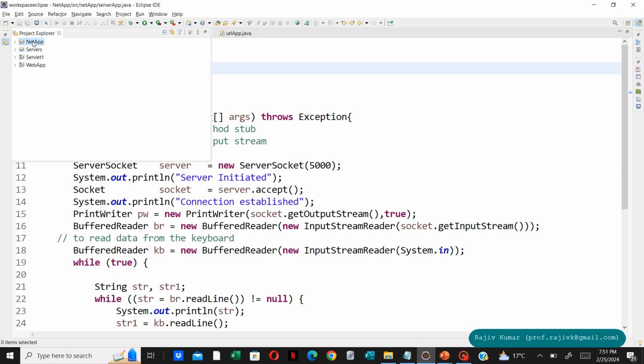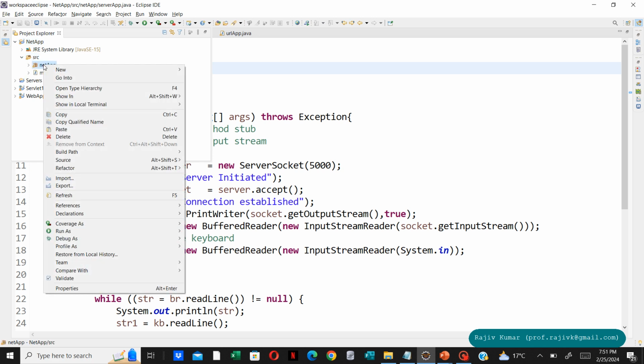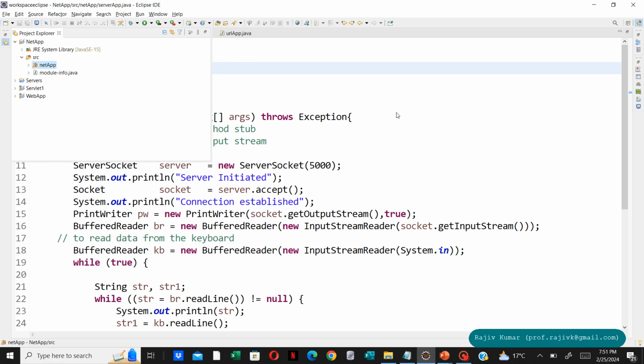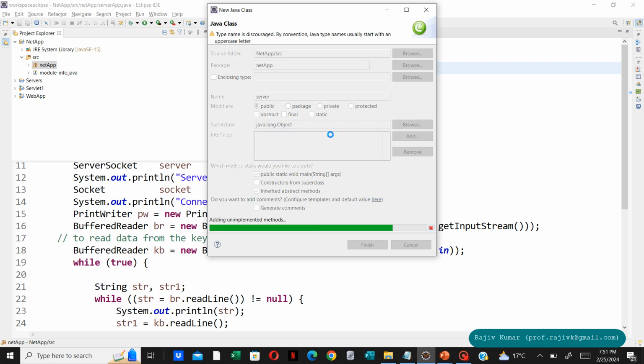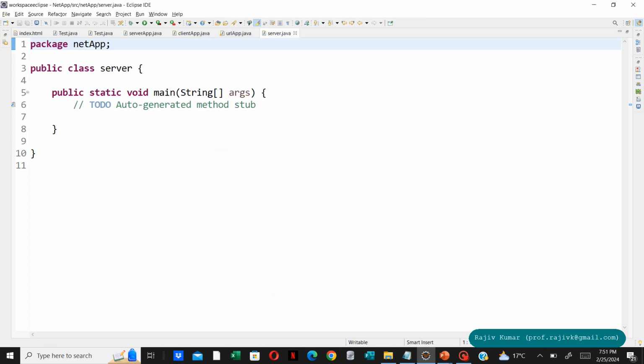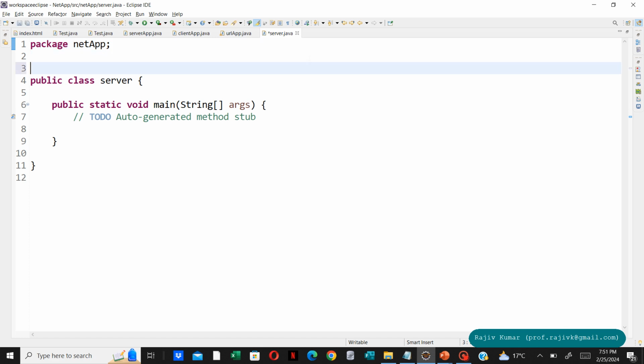Here we will create a new class in this package. This class will be created, and we will create a server here. As we need the void method, we put a void. So a server is created for us. We are going to use the ServerSocket and the Socket class. So here we need to import